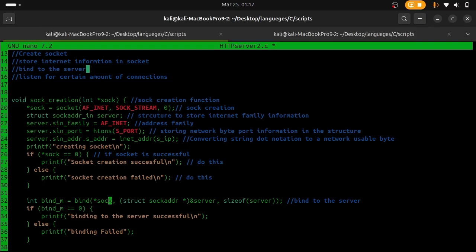I believe I broke the bind function down. This is our file descriptor, a socket. And then we're pointing to the server. But we have to typecast it because bind uses struct sockaddr and we're using sockaddr_in. So we typecast it. And then we get the size of the server and then we're checking it. If successful, if successful,